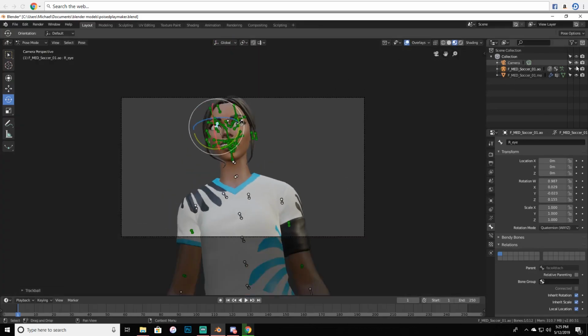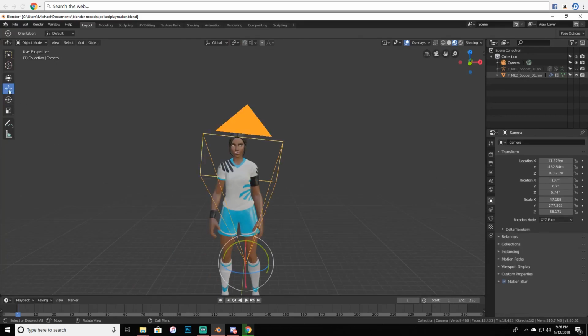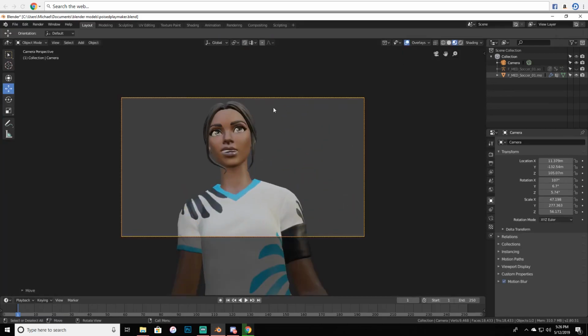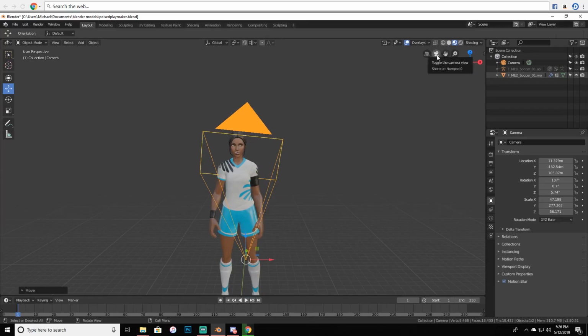That look better. It does. Okay, so once that's there, you just take off the bones so you don't see them. I'm gonna move up my camera just a little bit so you can see the whole model, see your whole face. Okay, now see where the camera is? You click it. Right above it is,